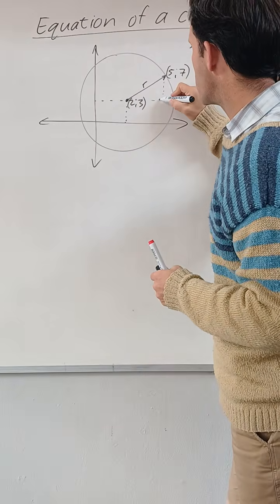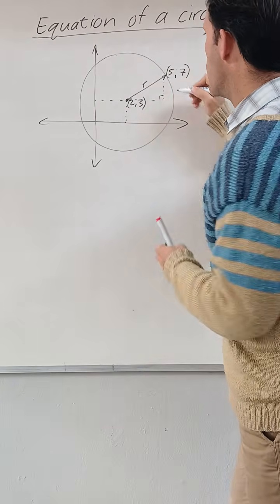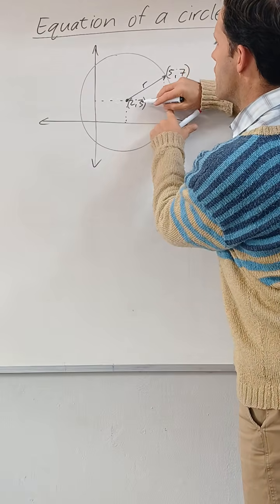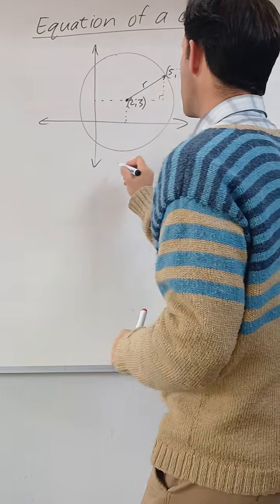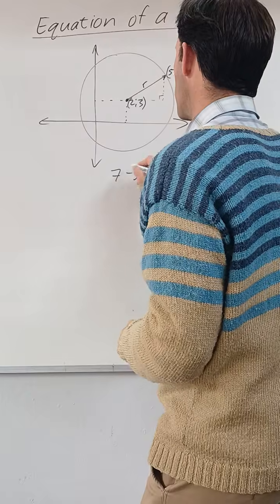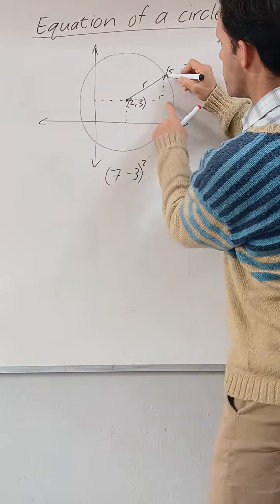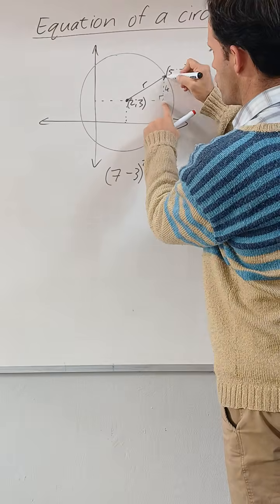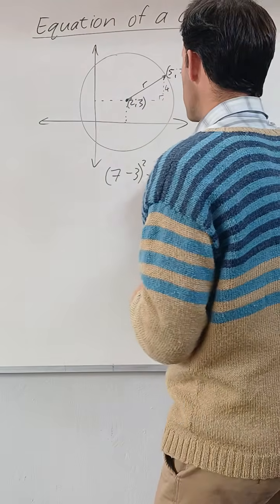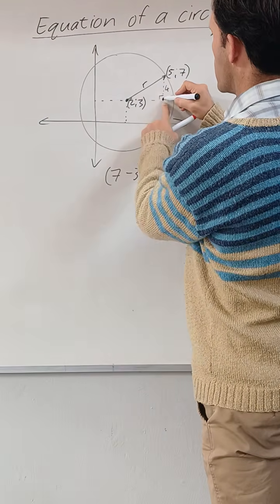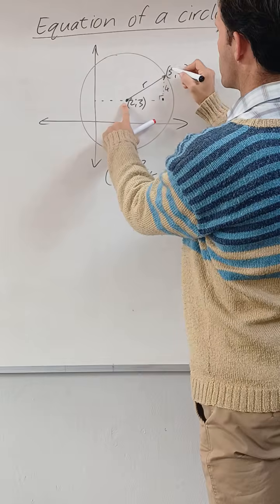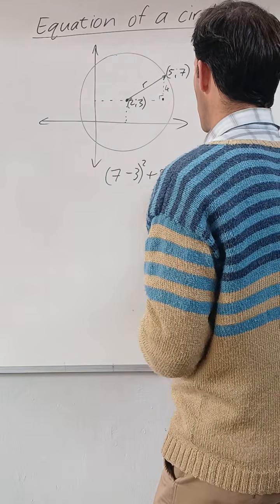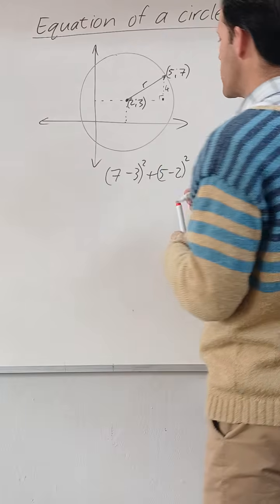Say there's a 90-degree angle, okay? What's the distance from there to there? The y value is 7, the y value is 3. So it's going to be 7 minus 3 squared using Pythagoras. So this is 4 units. 7 minus 3 is 4 units, okay? Plus the x value here minus the x value there. So the x value here is 5, the x value there is 2. So it's plus 5 minus 2 squared.